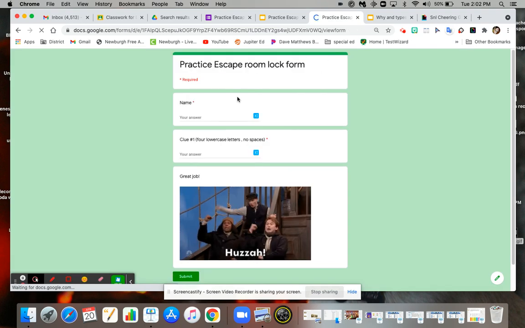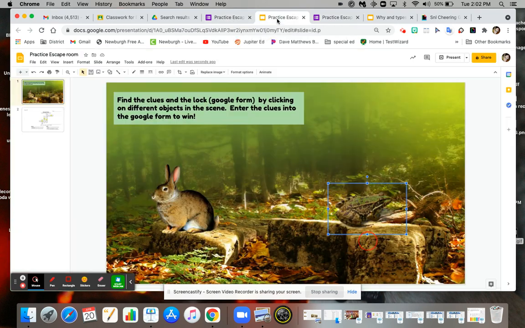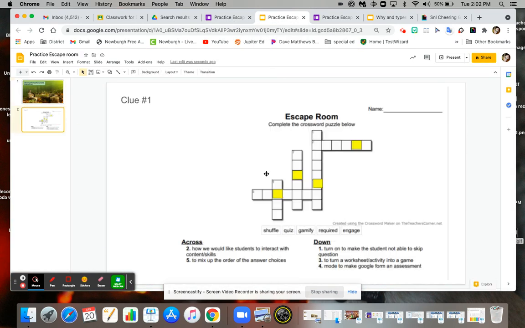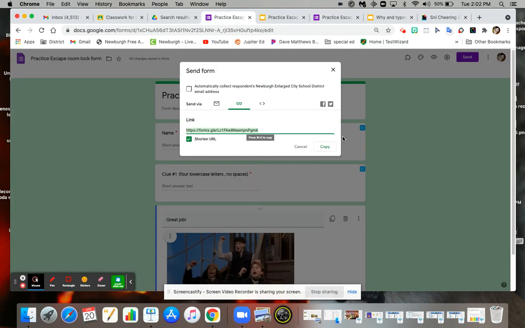All right, so this is what they would do. Okay. And again, as many clues as you would want. So it's kind of just a fun way to assess students. It's a little different. I'm still asking them vocabulary. I can still ask them to solve math problems. Because even in Google Forms,